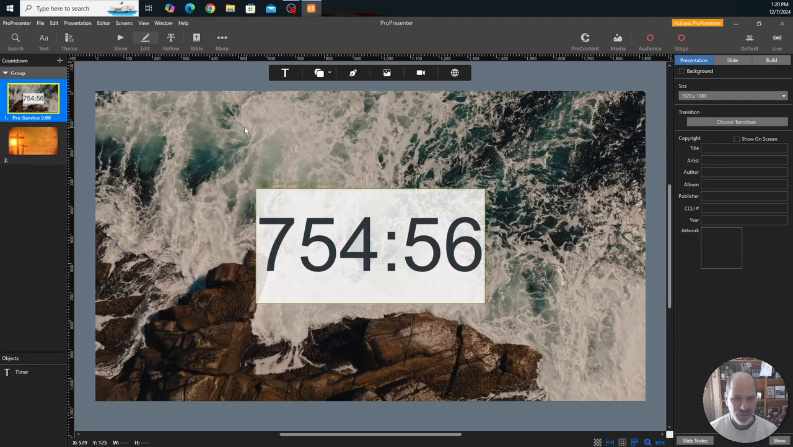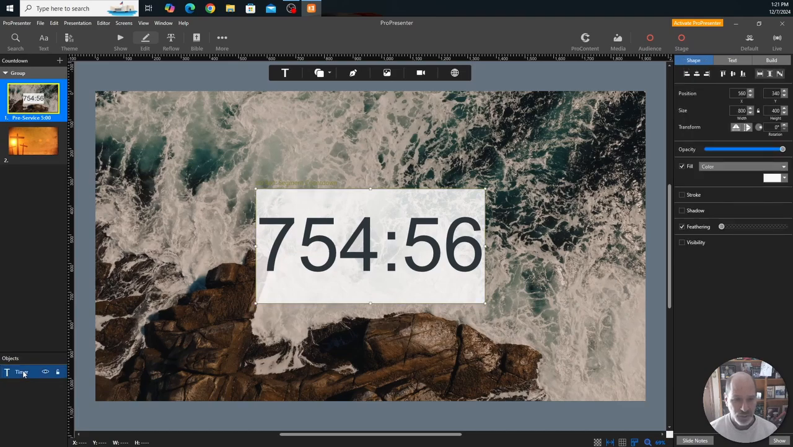I can see that it's showing this media, but the media is not selectable. Right? If you look down here under Objects, the only object down here is this timer. And if I select it, you can see here this timer is selected. Okay? So in ProPresenter 18, or ProPresenter 7 version 18, I guess,